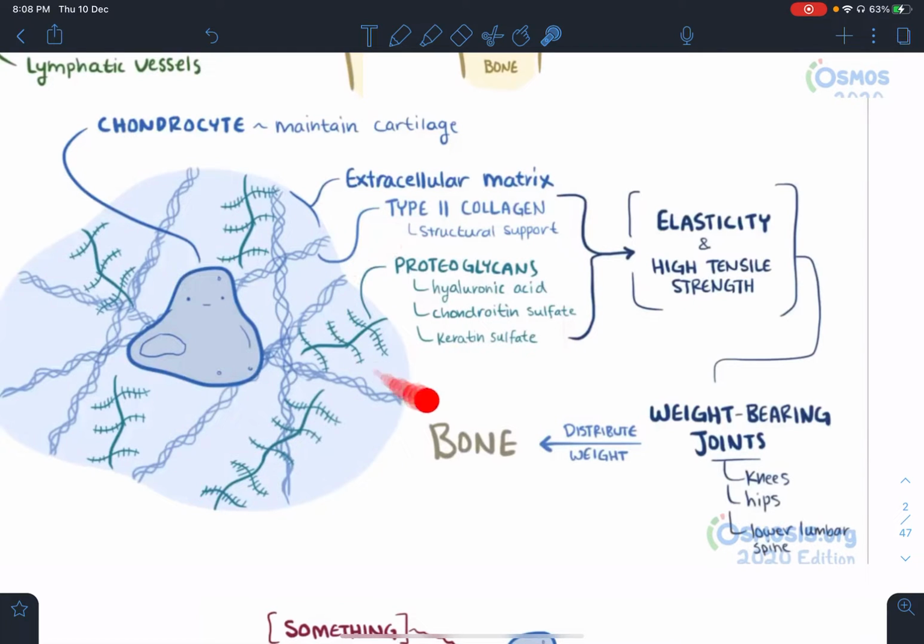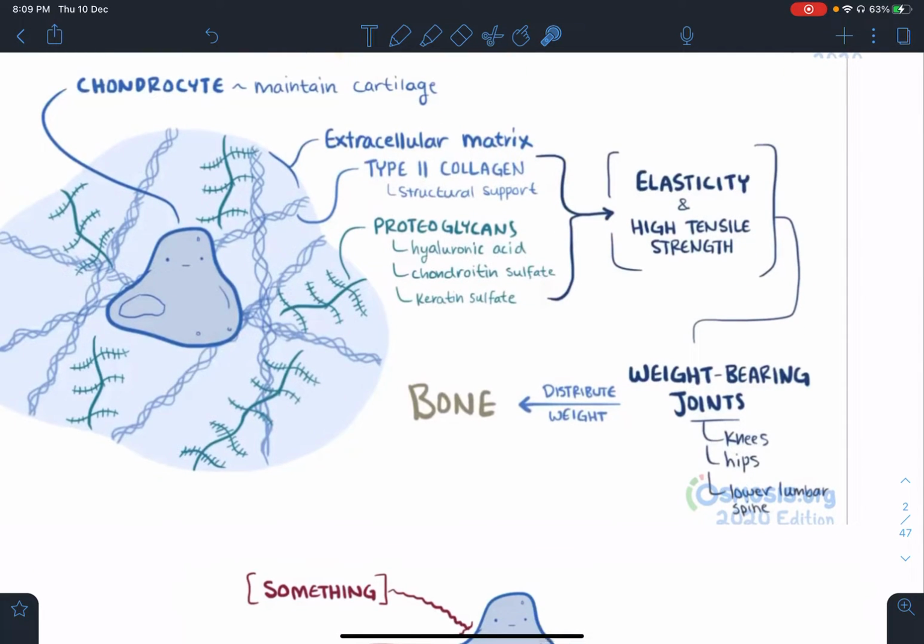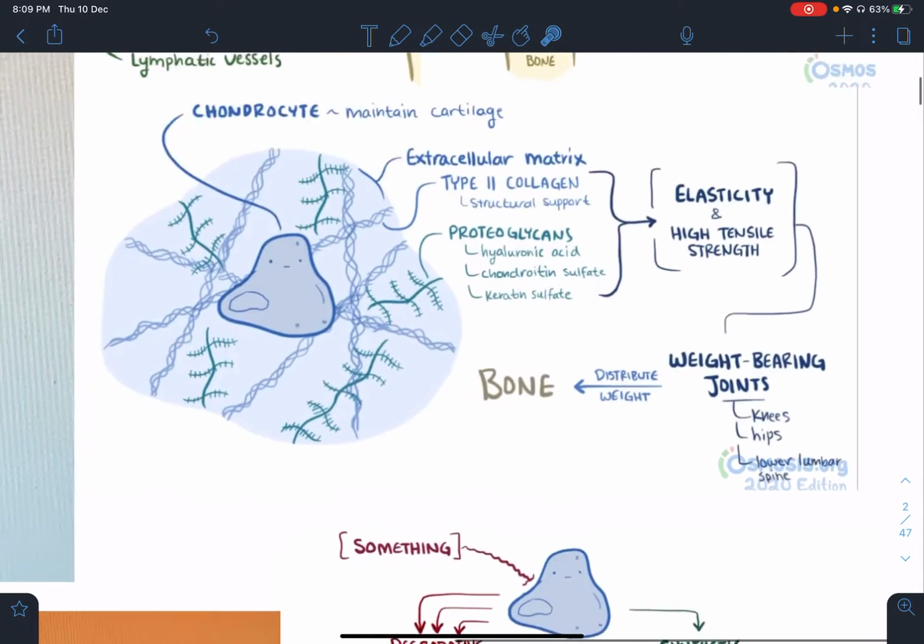And proteoglycans, the ground substance, are made up of hyaluronic acid, chondroitin sulfate, and keratan sulfate. Together, the articular cartilage provides elasticity and high tensile strength. And that gives the joints the feature of bearing the weight of heavy things,